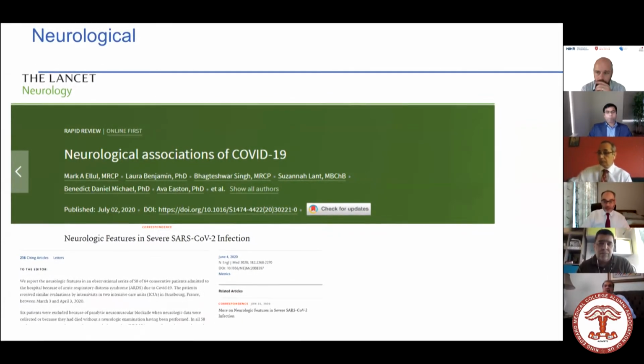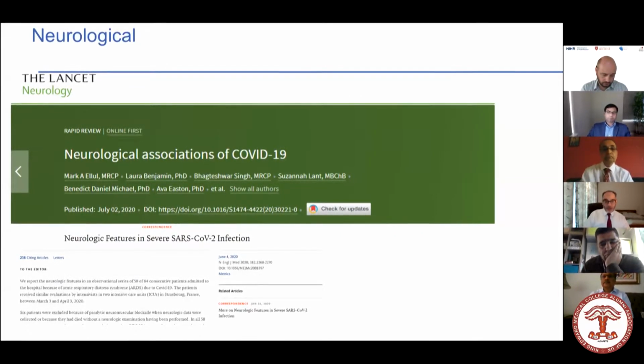8 patients with encephalitis and 19 patients with GBS so far in the literature. At the bottom you also have an NEJM article from Helms, who is talking about 58 cases, in which the patients who ended up in ICU had diffuse corticospinal tract signs with upgoing plantars, and they might have this dysexecutive syndrome as well.